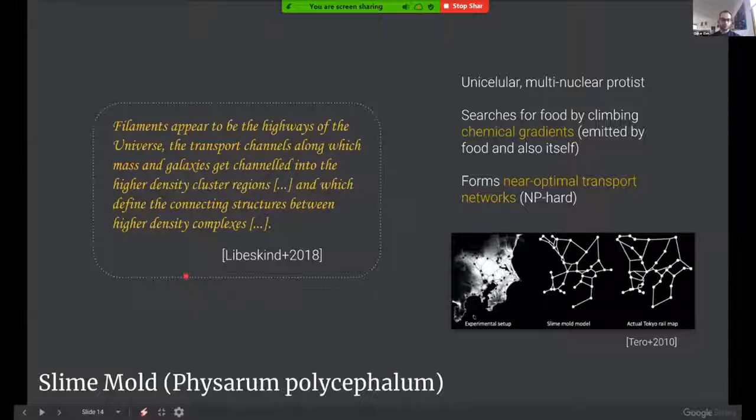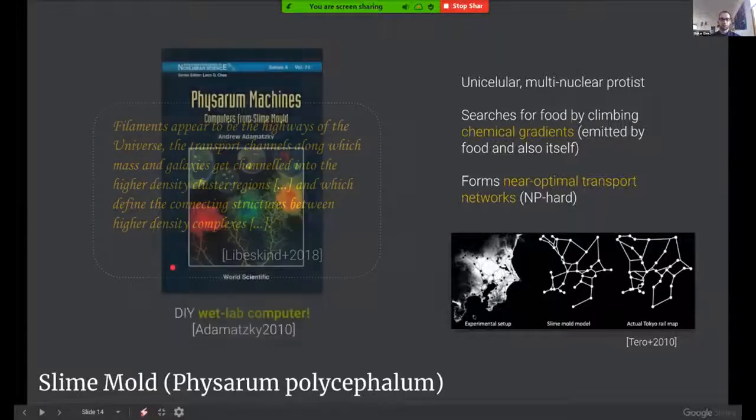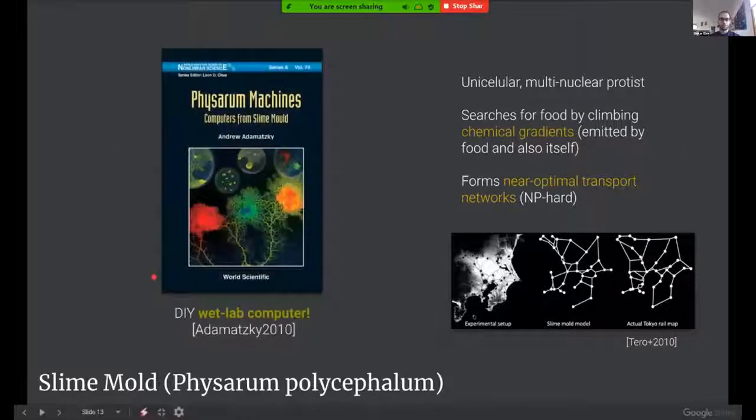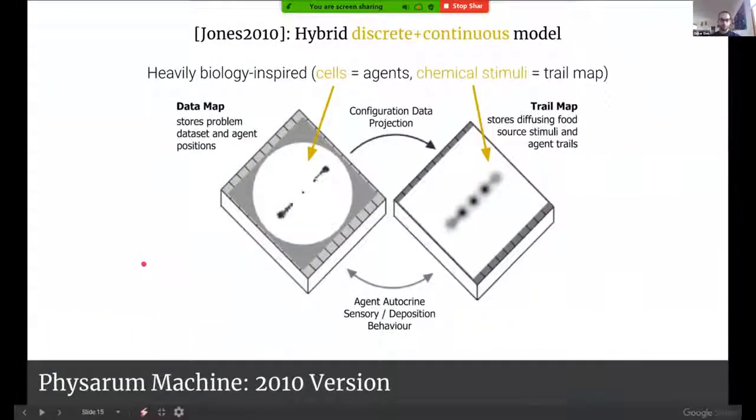And so it seems fitting that we would do something that builds optimal transport networks, or approximates them, to actually find this structure. But of course, using the analog Physarum is very impractical if you have 37,000 galaxies distributed in 3D space. So what we use instead is a simulation. We build on the 2010 model of Jeff Jones that has been published within the Alife journal. And the model is a combination of discrete and continuous quantities, which mimics the natural processes.